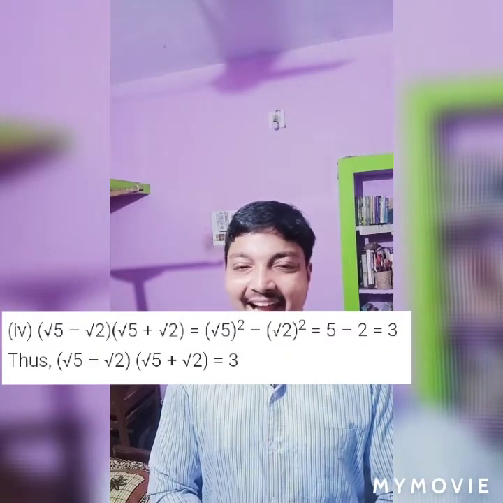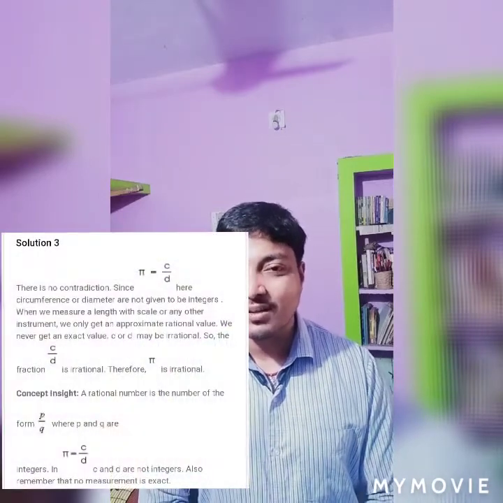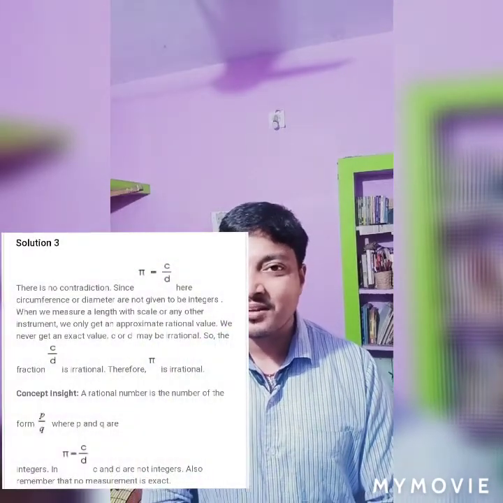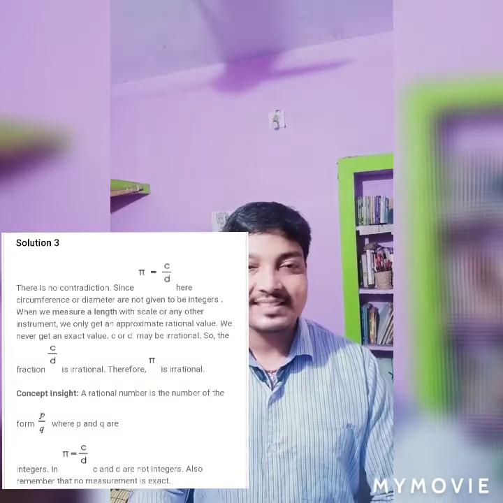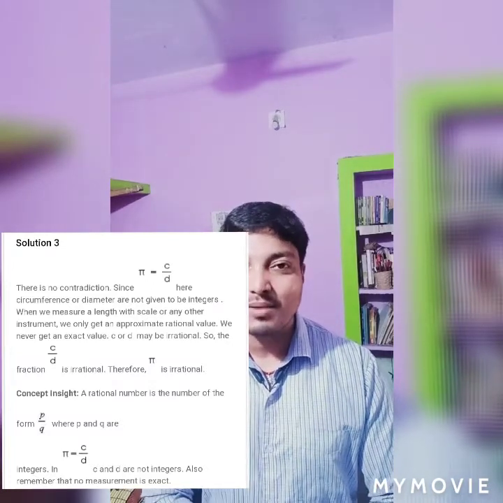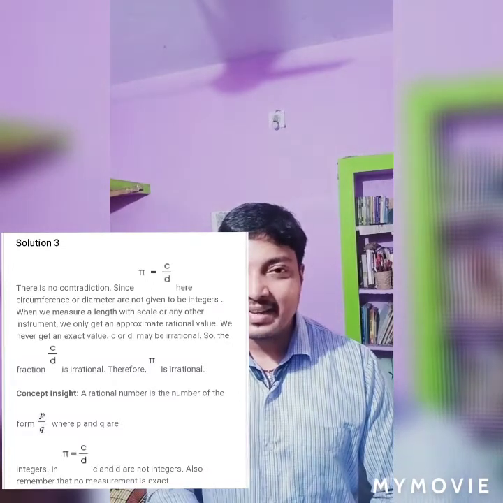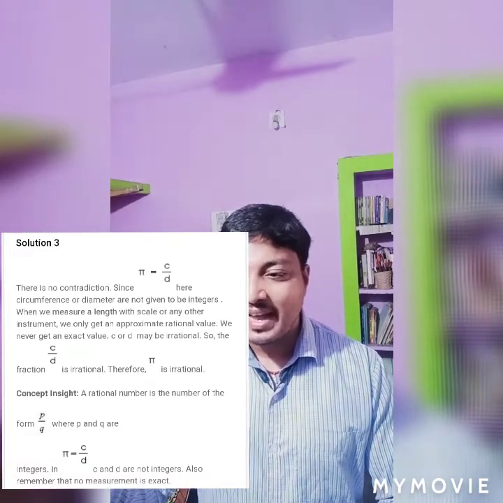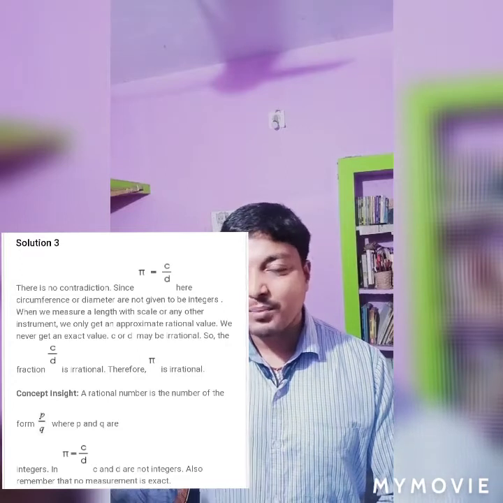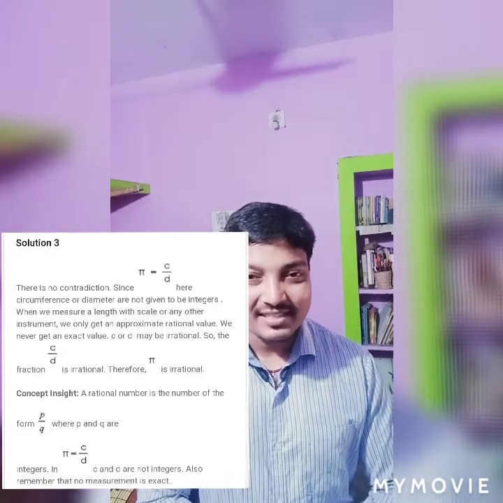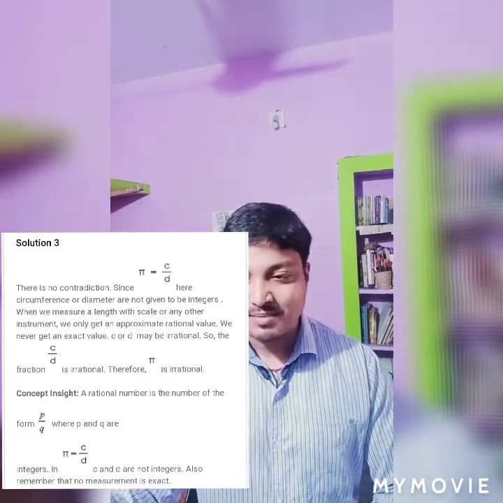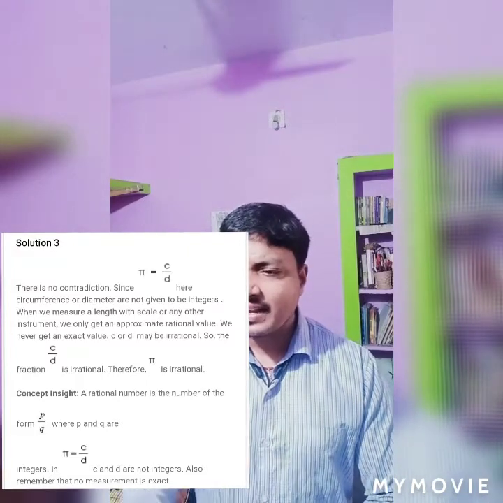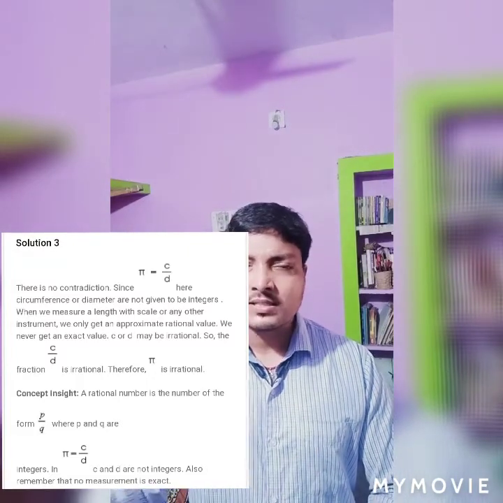Okay, and now we will discuss question number 3. Everyone knows that pi is an irrational number, but in the contradiction method one says that pi can be written in the form of c by d. Why c by d? Because the circumference formula is 2 pi r, and d means 2 r. When both cancel, it becomes pi. So one says that pi can be written in the form of c by d,